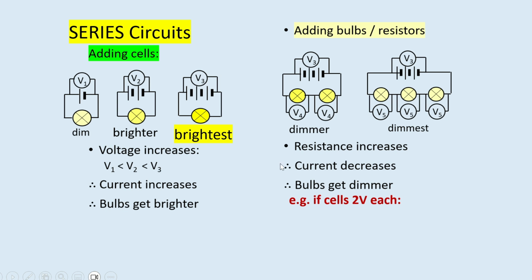Now the voltage argument. Let's imagine each cell is 2 volts. So this one would be 2 volts. This would be 4 volts. This would be 6 volts. If we look over here,